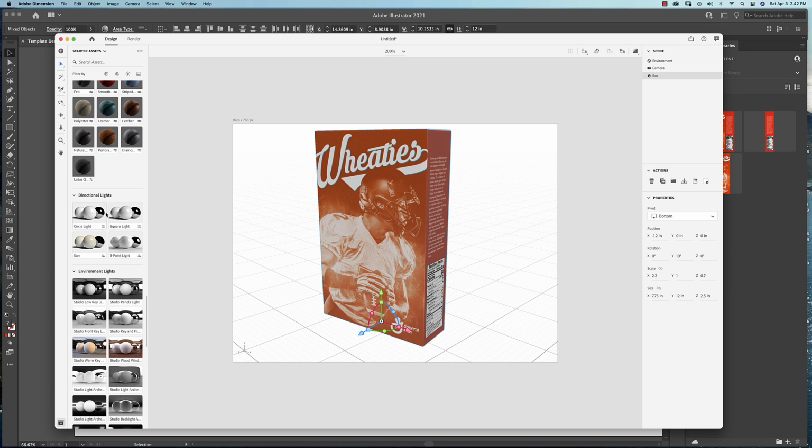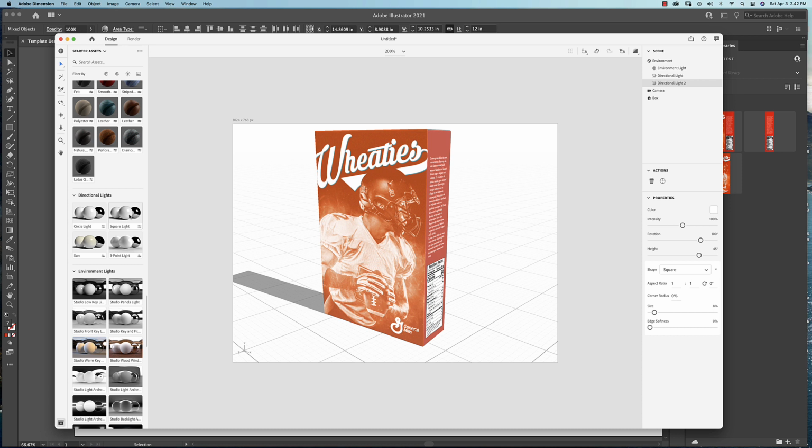Now, there's different types of lighting. I would definitely explore the different types of lighting on here and what it would look like. So here's circle light. There's more square light. And you can see the artwork is getting a little brighter now that we're adding light in here. Here's what sunlight looks like. So I'm kind of turning all of these on. There's 3-point light, but if we go back to circle light,